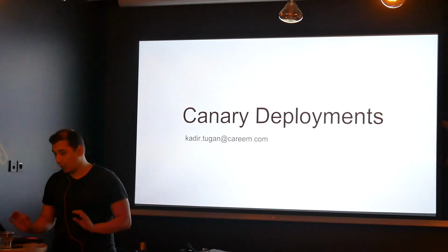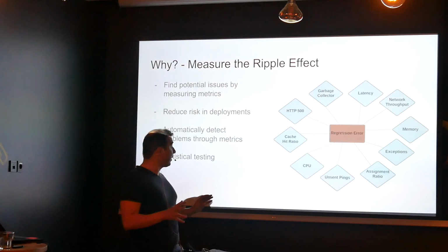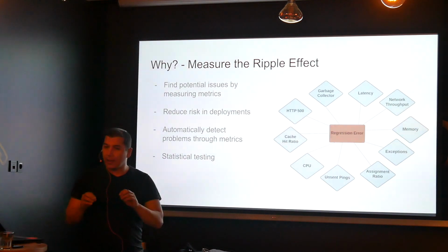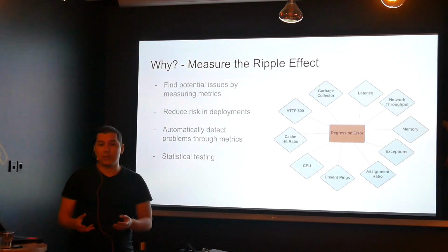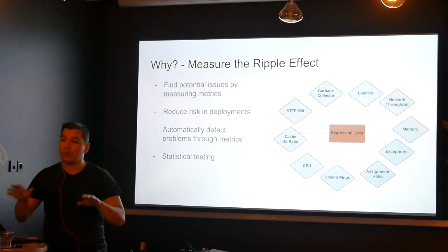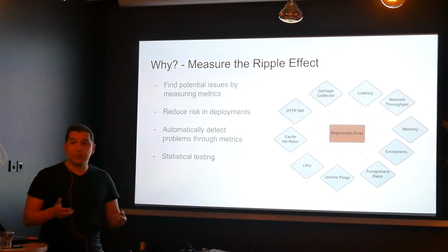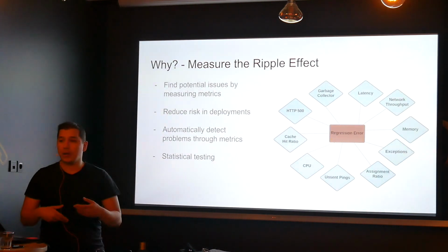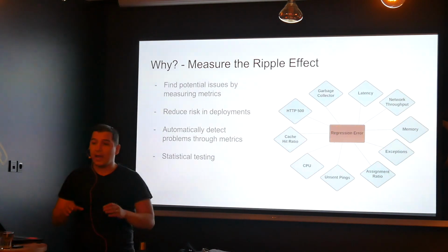How does that essentially work? If you want to test whether something is broken, it's hard to test the code. Is the code way worse than before or not? It's really hard, but what you can do is this: every piece of code has a ripple effect on the metrics. You might write some code which increases the CPU load, so it has a ripple effect on a lot of metrics. Memory, if you now save a lot more things. It might also affect HTTP status codes, because now you're a bit harsher, a bit stricter on things. So everything you write has some effect on